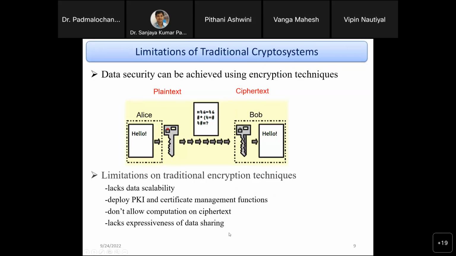This is very important: fine-grained access control, where different people try to access resources. For example, faculty and students want to access resources stored in a database server, which are encrypted, let's say. Some components can be accessed by faculty, while some components can only be accessed by students. They cannot access the resources which are accessed by faculty. Such kind of access control expressiveness you cannot enable in a traditional crypto system.